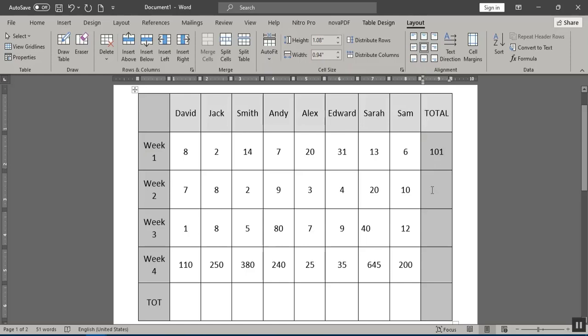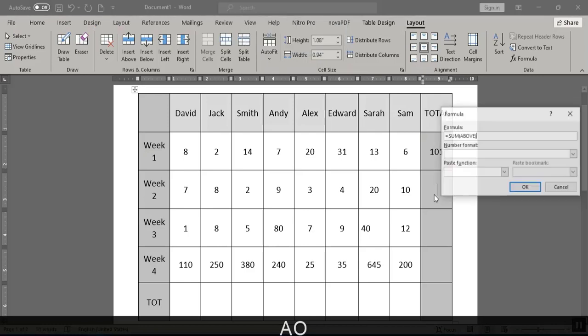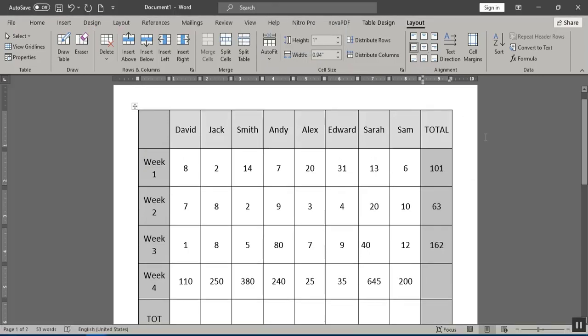You can easily copy the formula and paste it for the next cells to save the time. Also, a better way to access the formula is using its shortcut, that is, Alt-A-O. Now suppose that we are going to add up this column and this row. Again go to Formula,